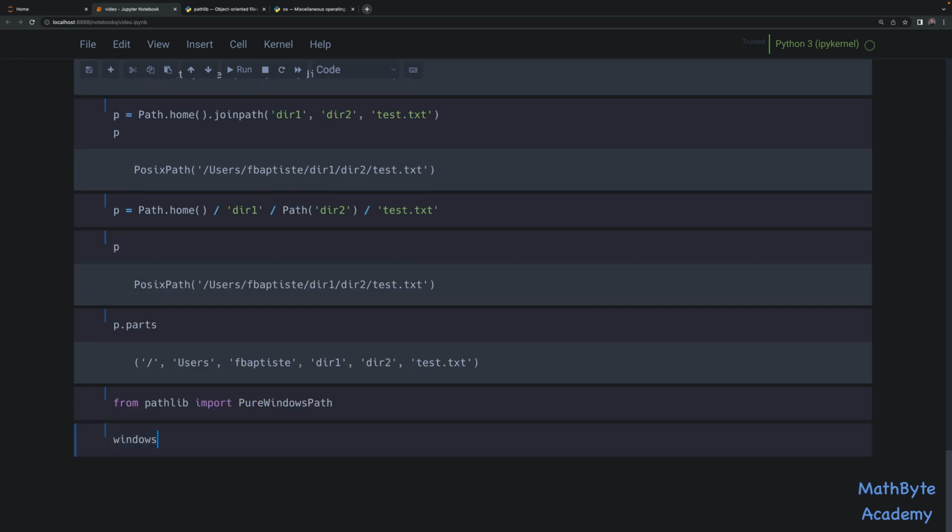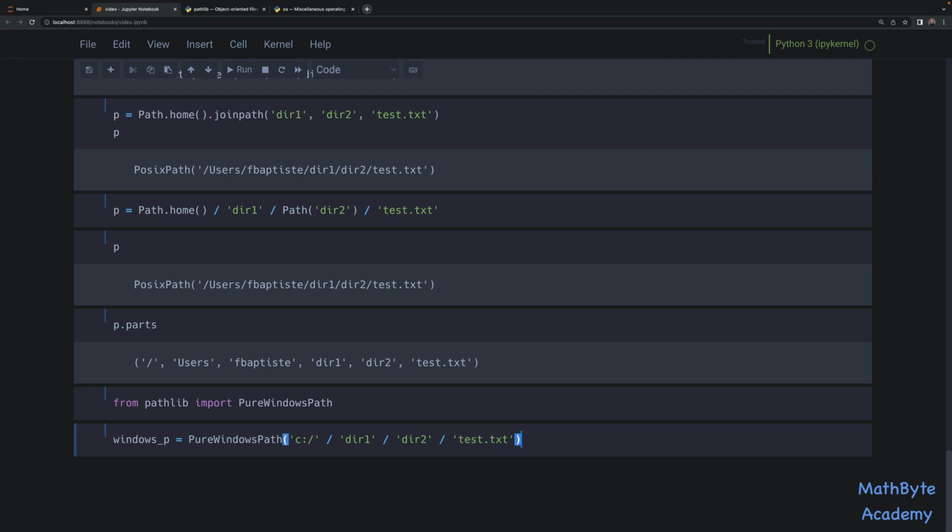So let's call it windows_p is equal to PureWindowsPath. And here I'm going to use the POSIX style of defining paths, even though this is for Windows, and then dir1 and then dir2 and